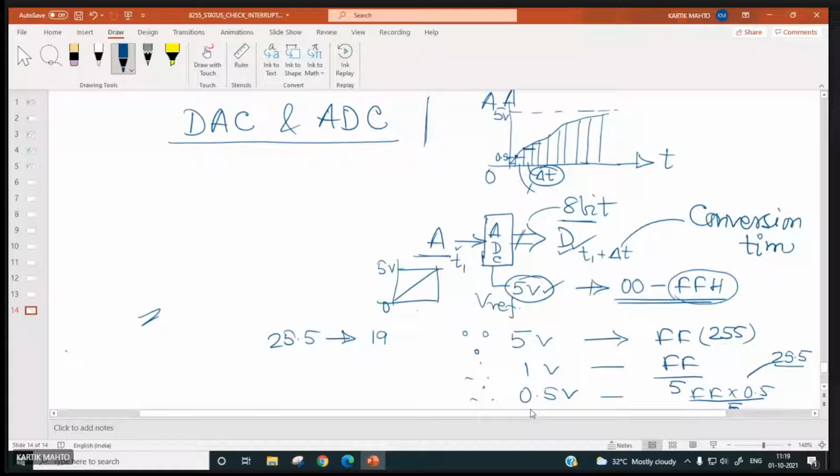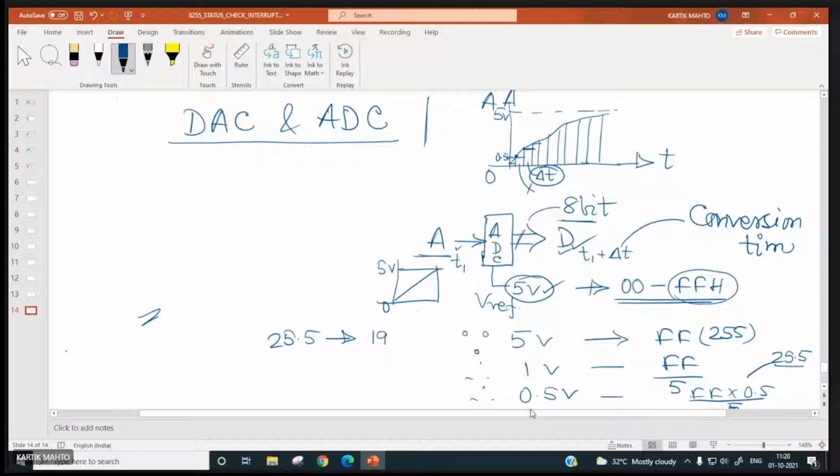This is a very basic thing. That is why I wanted to discuss. It is not that you have not heard of this ADC or DAC. You all have heard. But this engineering, I don't know whether you have done it or not. So that is why it was required.